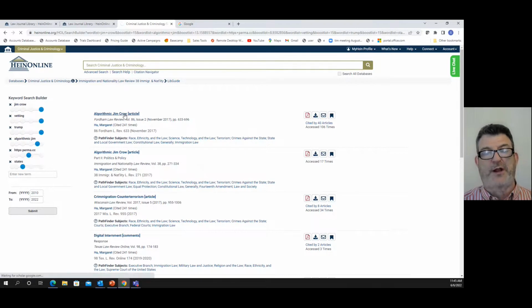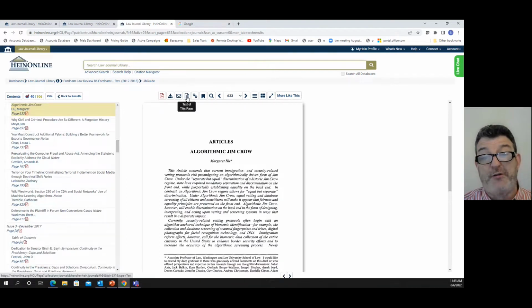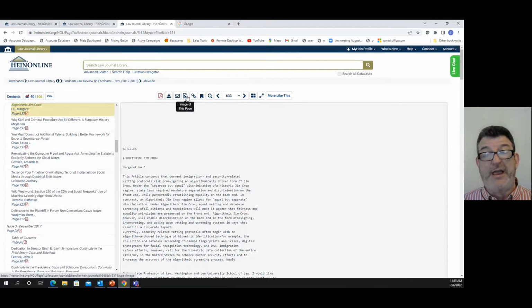Another thing I want to show you quickly, because I didn't mention it: if you have people with disabilities that use a screen reader, for example, you can, with this feature, text to this page, you can change your document right from an image to text, and you can use that on a screen reader. And by the way, everything's fully searchable. The image is fully searchable, and the text is fully searchable.